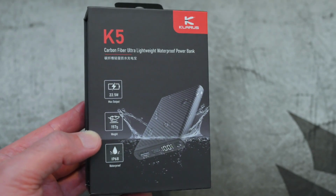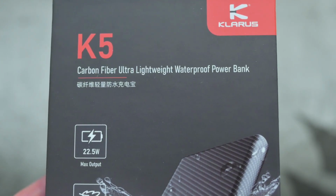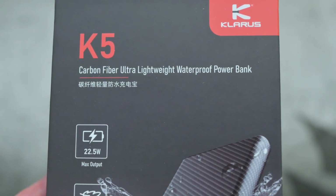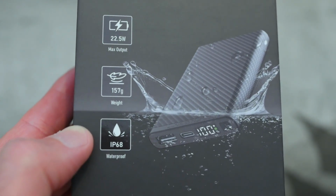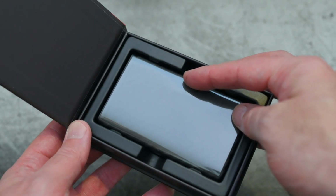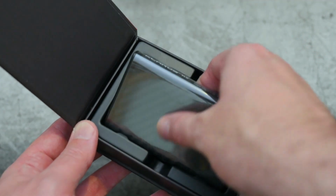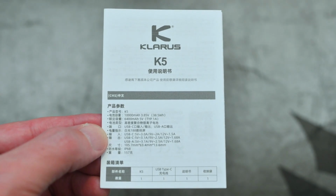Klarus have sent one of their new waterproof power banks in for a test. This is the K5 and it's got a couple of interesting features on this one. The most obvious one is it's rated for IP68, which means it's water submersible. I like to keep these videos pretty short, so we'll just unbox it and then have a look at a